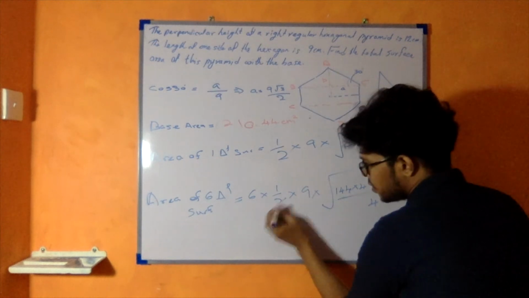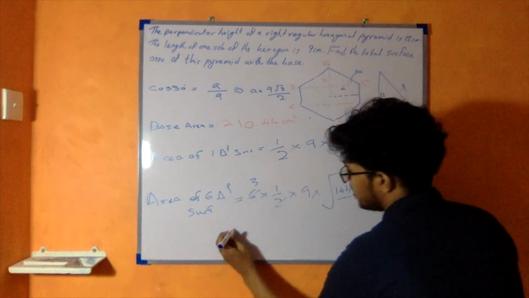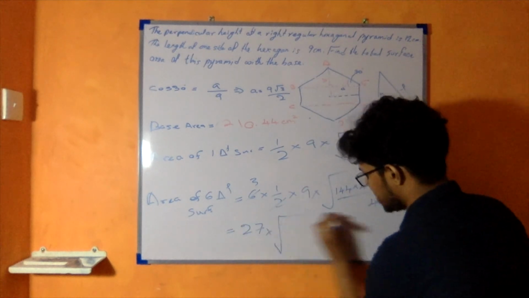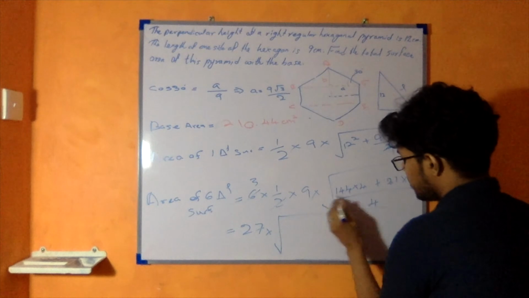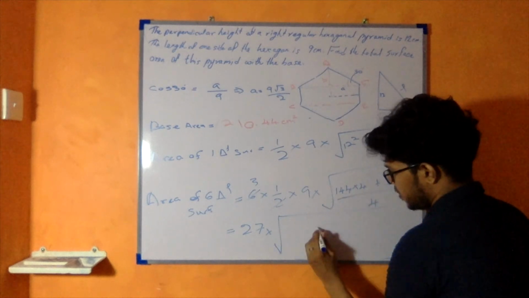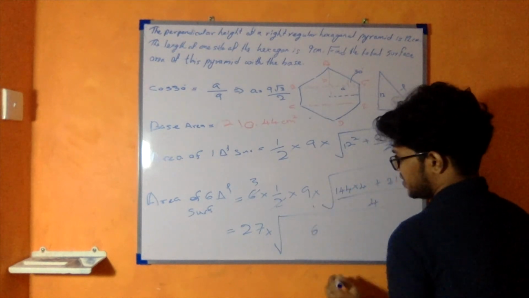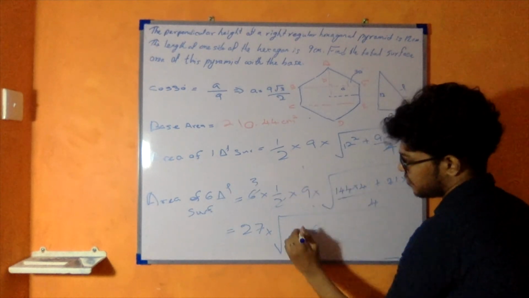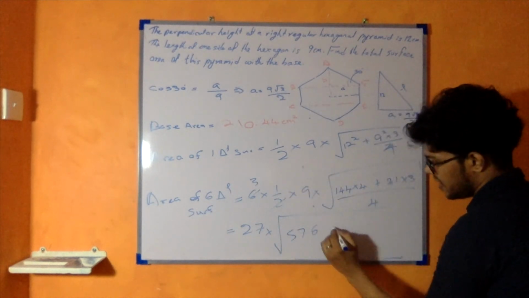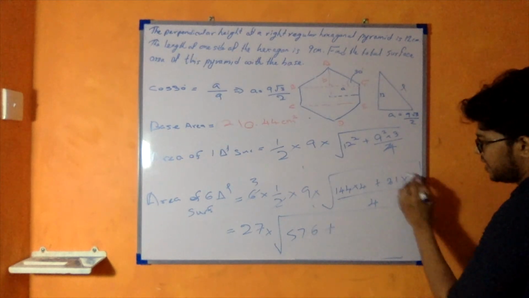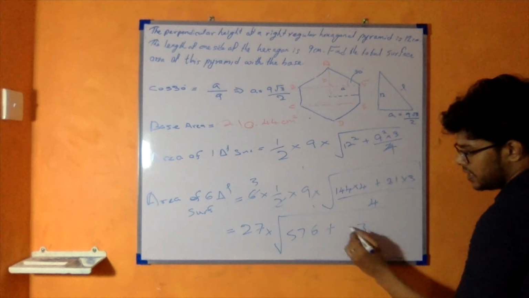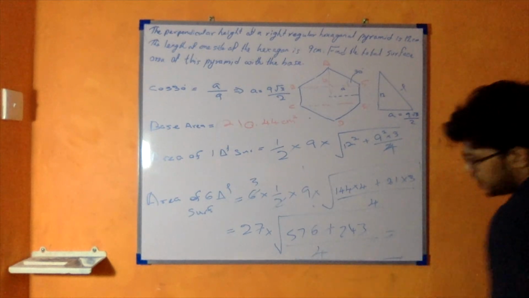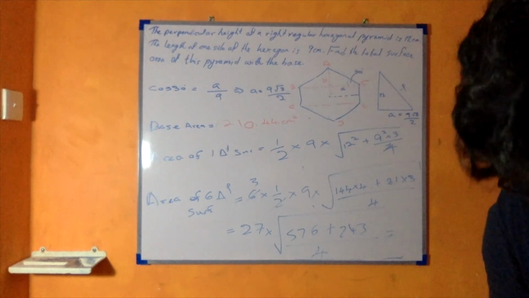So this will give, you are going to cancel off 3. 9 times 3 is 27. 27 into square root, 144 into 4. 4 times 4, 16. 1 remaining. 16 plus 1, 17. 4 times 1, 4. 4 plus 1, 5. 576 plus 81 into 3. 3 times 1, 3. 8 times 3, 24. 243 divided by 4. So when you simplify this, you should get the answer